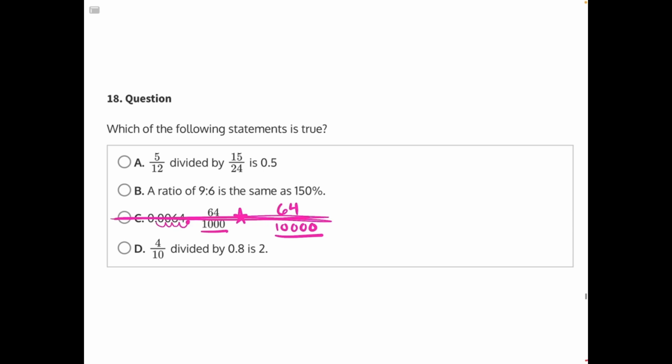For answer choice D, divide 4/10 by 0.8. Let's represent 0.8 as a fraction. So we'd have 4/10 divided by 8/10. Whenever you're dividing by fractions, you have to multiply by the reciprocal or do something called keep, change, flip, where you keep the original fraction, 4/10, you change division to multiplication, and then you flip your fraction